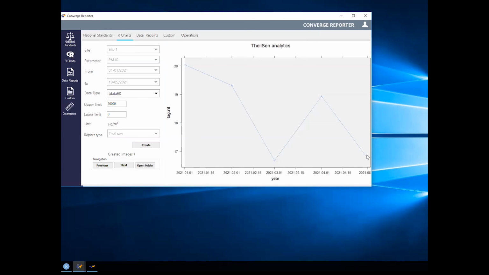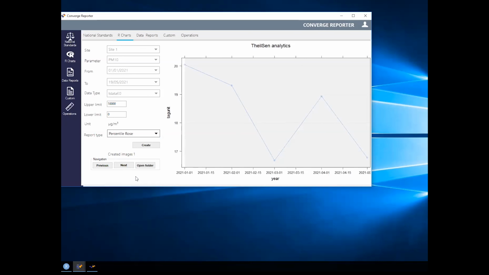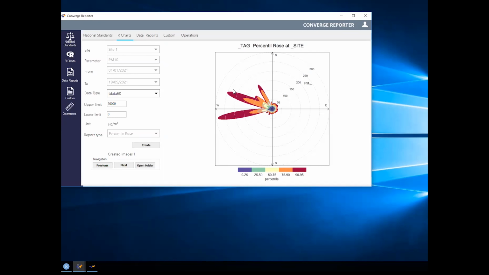How is the behavior around the year, for example, or we can take another kind of wind rows, explaining where the problems are arising in this place. In this place, let's say when the wind comes from the west, the biggest values of PM10 at these sites come from here. All these visuals are quite explanatory by themselves, but